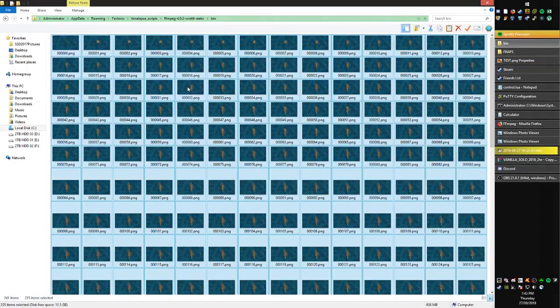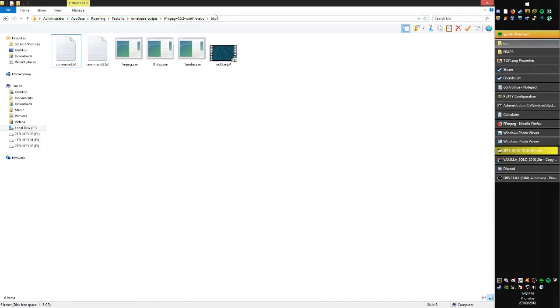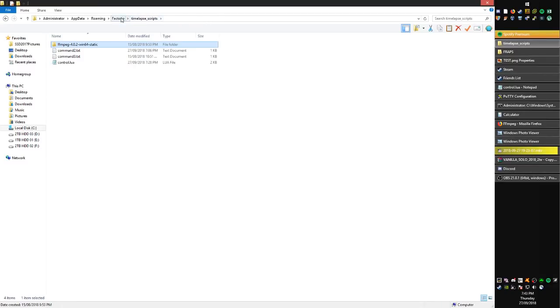screenshots that are from my previous time lapse, and you'll see that inside the bin of this software is where the FFMPEG executable is. So in order to make this more straightforward, I find that if you move the screenshots in here, it makes life a lot easier. So if I go to script output,